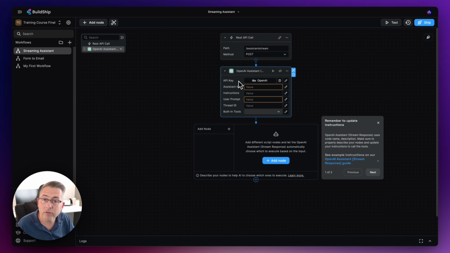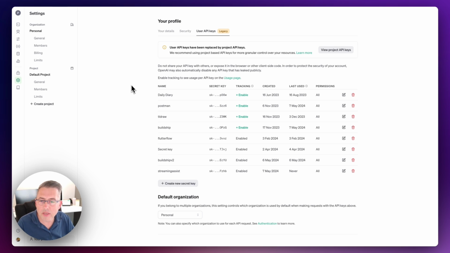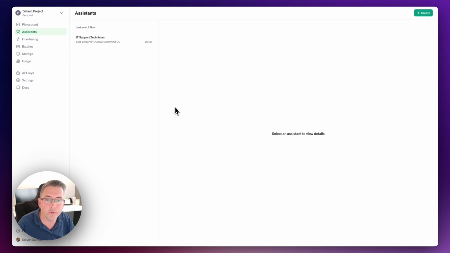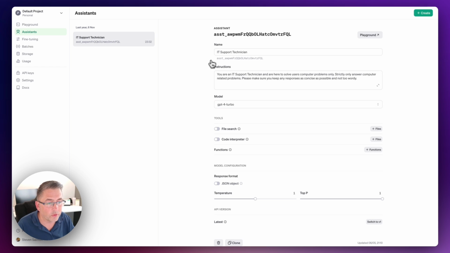So we've got our first parameter set. Now we need to get our assistant ID. So I'm just going to move back over into the platform, and move over to the assistants option. This is on the platform site, and you can see here I've got my IT support technician. You can see here I've got this assistant ID, so I'm just going to grab hold of